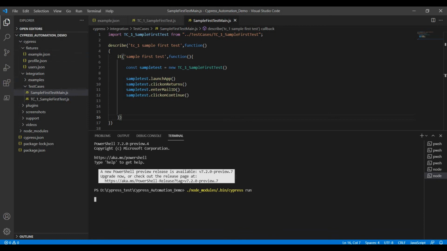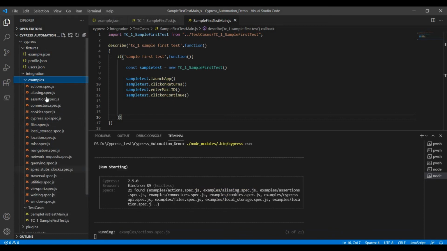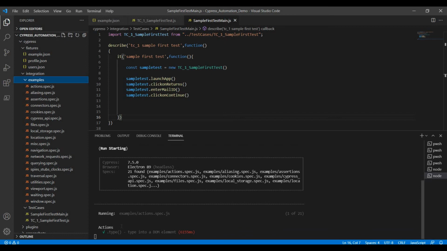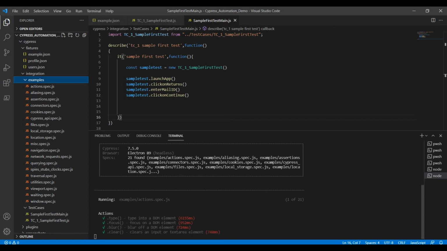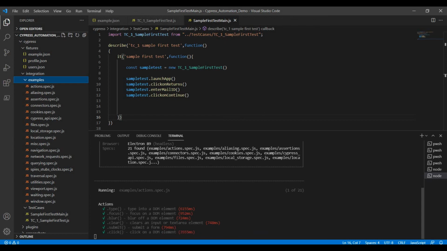After hitting this command, it will execute the whole JavaScript file classes. All the files available under the examples folder will be executed. If you are not mentioning any specific test case file path, in that case it will take the default examples folder class files.